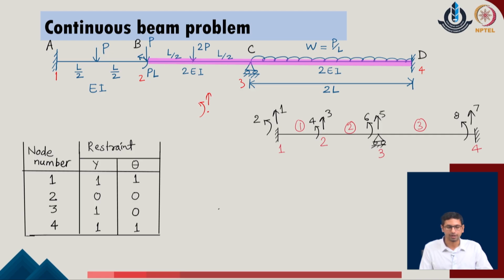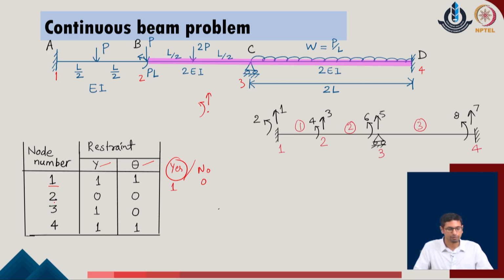Now, I will identify at each point the state of these 2 degrees of freedom in the given system. That means, at node 1, whether the degrees of freedom in the direction y and theta are restrained or not. If they are restrained, we give the number 1, and if they are not restrained, we give the number 0. This is a very standard way of providing the argument to the computer system. Even if we are doing the problem manually, we can consider it by giving these similar numbers. Later on we can reflect this idea on a generalized code as well.